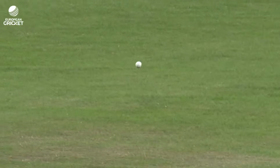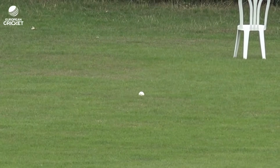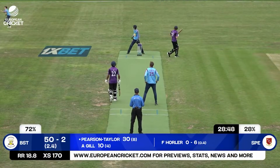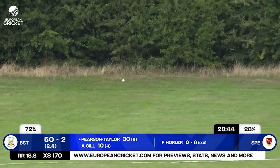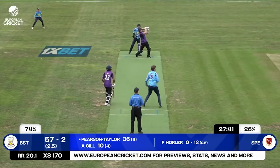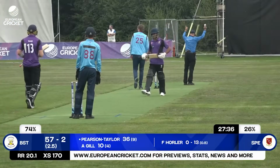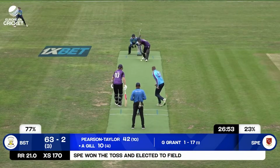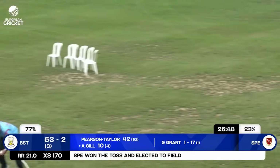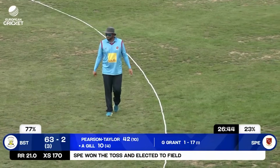It's Freddie Horler into the attack after a roller coaster first over for him. Drops a catch. Well, the answer is no, because that's an audacious reverse scoop on dog watch as well. Final ball part two, and it's clubbed down the ground, and the wide will be costly as the next one goes for 6 runs. Does stop the boundary, I think. We'll have to have a look at it. So save 6, but...